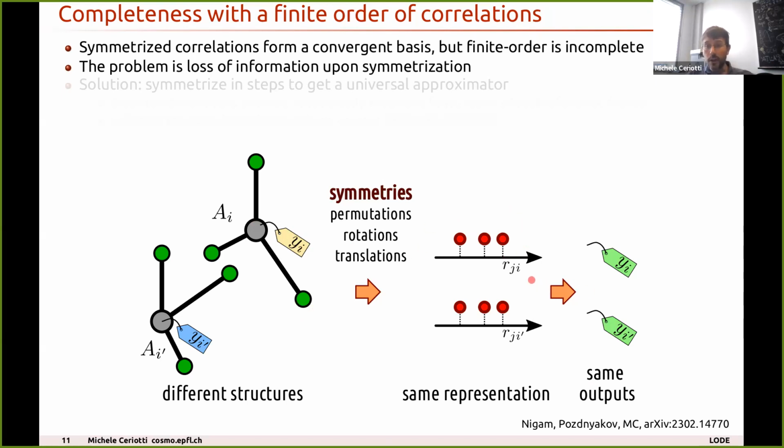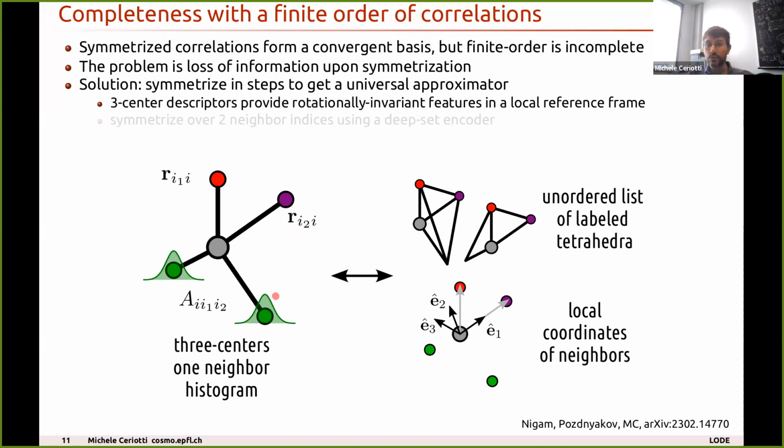One way that we have found to solve this problem is to do only partial symmetrization. So rather than symmetrizing over the coordinates of all neighbors, we leave two neighbors out of the sum over neighbors. And by doing this, now it is sufficient to keep just one set of neighbors, and we have all the